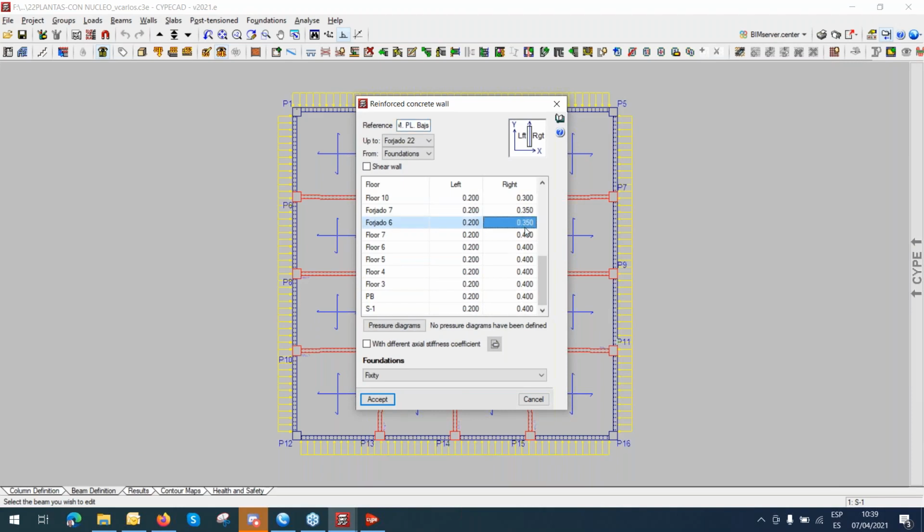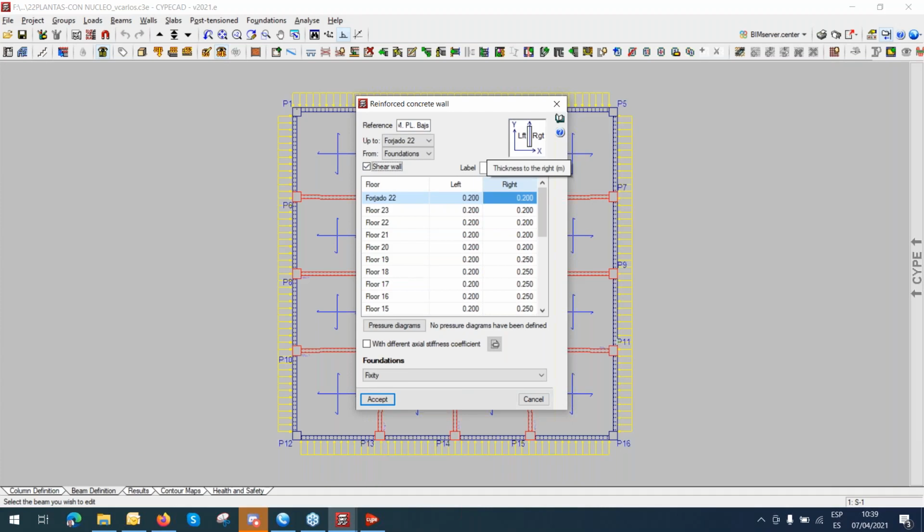From floor 6, I change the geometry to 20 by 35, and we go forward, and the last 20 by 20. Okay, so over here in the top left corner, in the shear walls, if I choose the shear walls, I can